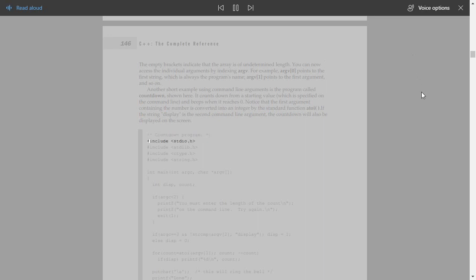#include <stdio.h>, #include <stdlib.h>, #include <ctype.h>, #include <string.h>. int main(int argc, char *argv[]) { int disp, count; if (argc < 2) { printf("You must enter the length of the count\n"); printf("on the command line. Try again.\n"); exit(1); } if (argc == 3 && !strcmp(argv[2], "display")) disp = 1; else disp = 0;